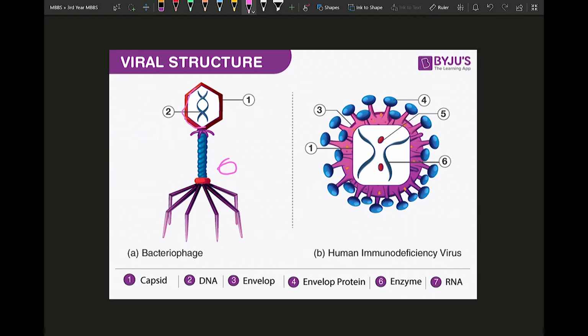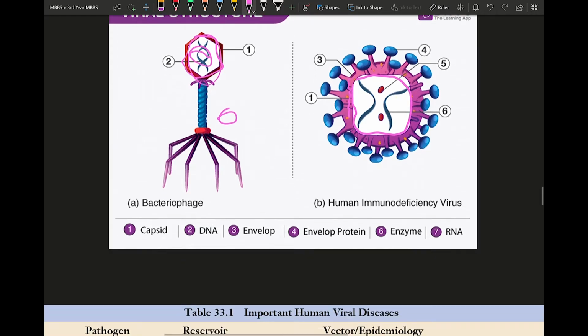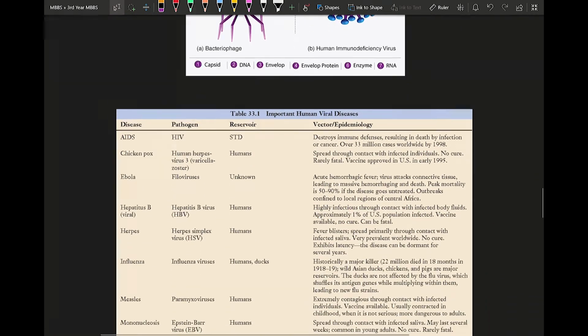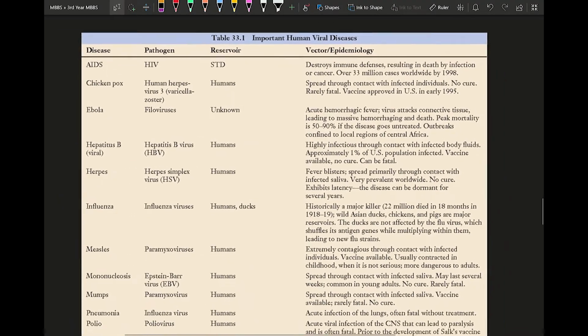This is the capsid covering of the virus, and this is the genetic material present inside. And this is an example of an enveloped virus. This pink color over here is the envelope, and this is the capsid lining the virus, and then you have your genetic material, which can either be DNA or RNA. RNA can be positive sense or negative sense. That's how you classify viruses into DNA viruses and RNA viruses, and in RNA, positive sense and negative sense viruses. Those are the classifications.